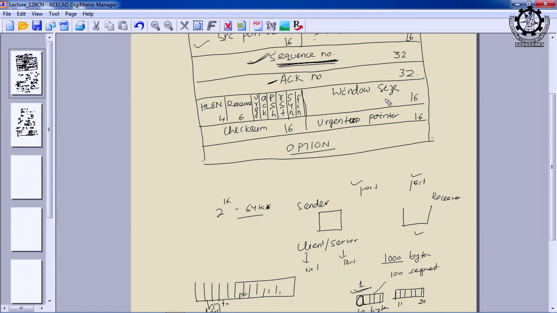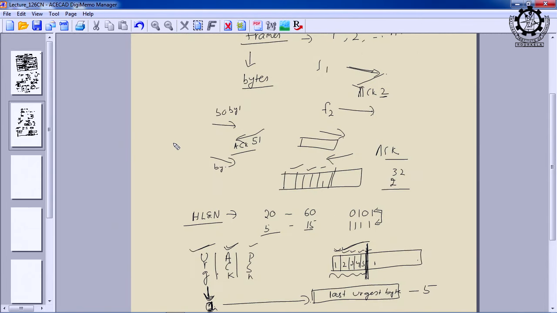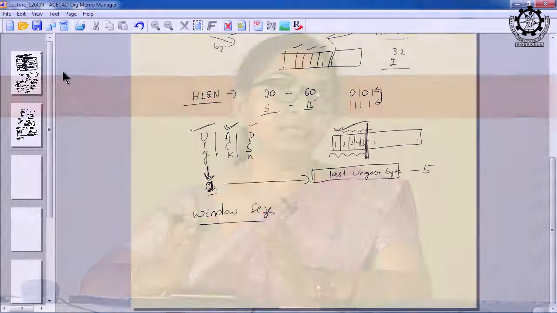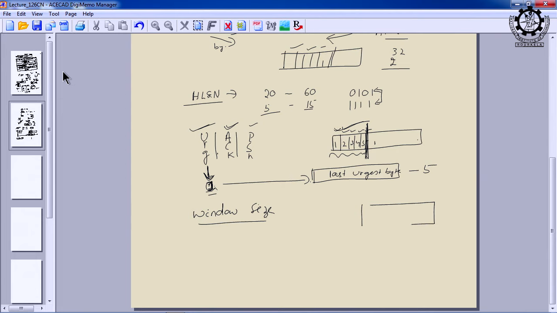Then next is the window size. The rest of the fields we will study later, just keep them on hold for a time. Then you have the field, the window size. This we already know while we studied about the DLL, right. What does the window size say? It indicates the capability of the receiver, and the objective remains the same in TCP also. The window size says how many bytes can be processed by the